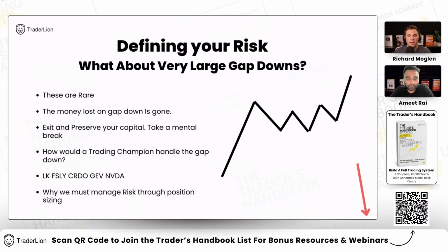Maybe it sets you back a few weeks, maybe even a whole month or two, but you're able to recover that. And again, we're doing this for years and decades. We're not trying to think, in isolation, this one trade is all that matters. We want to think long-term and just take our loss when we've got it. Right. Anything you want to add here with experiencing gap downs, large gap downs, how you personally think about going through it?